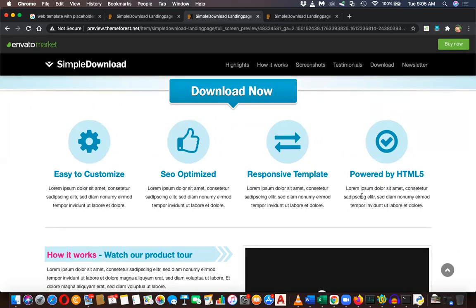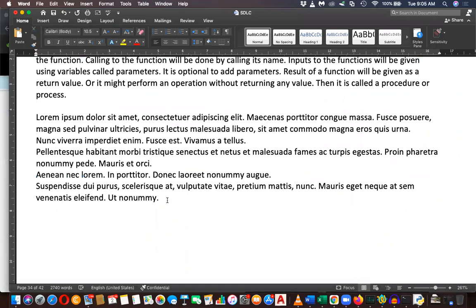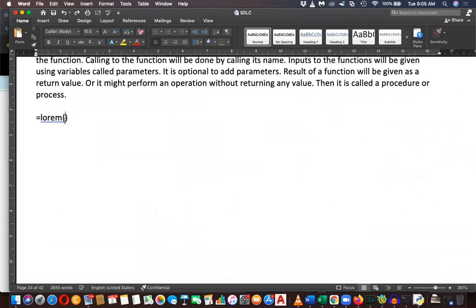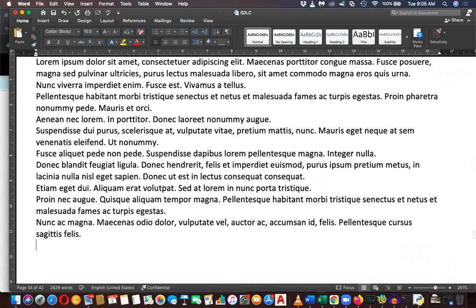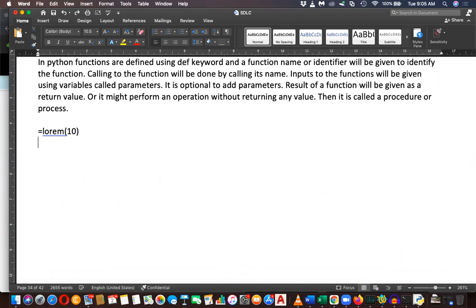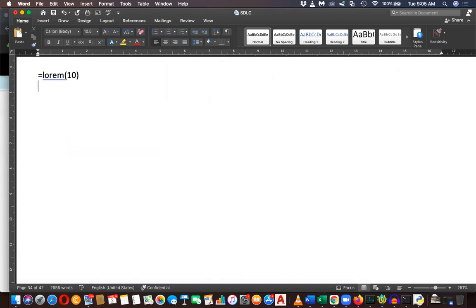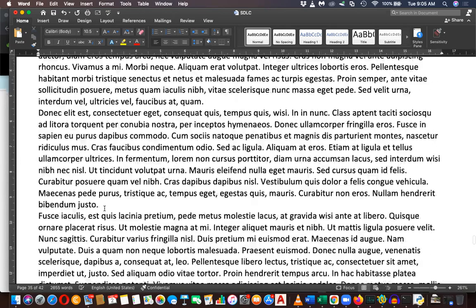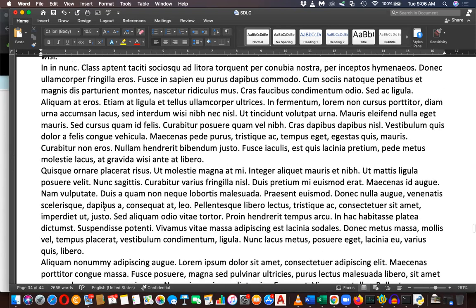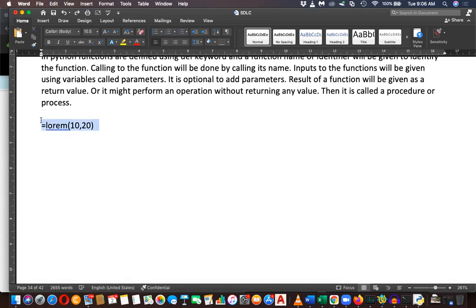So it shows how this will look like after you fill in the content. That's all. Now understood? Yes, sir. Right. To generate that text, we are using the Lorem function. And if you need a lengthy one, you can say Lorem 10, then that will generate 10 paragraphs. So let's say you need 10 paragraphs each with 20 lines. You can write like this. So now it's customizable. You can see it's lengthier. It's customizable, right? So that is the advantage of this function.